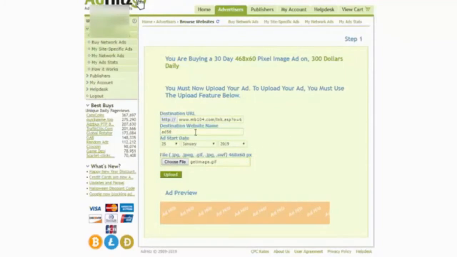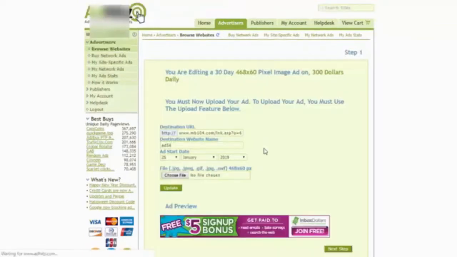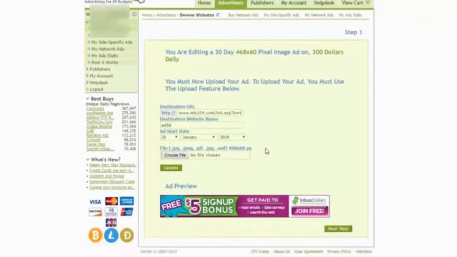Okay, you can type whatever you want, and all you have to do is click upload. Great. Okay, so we have the link. This is very important, and we have the banner like you see here. So everything is great. So all you have to do is click next step.